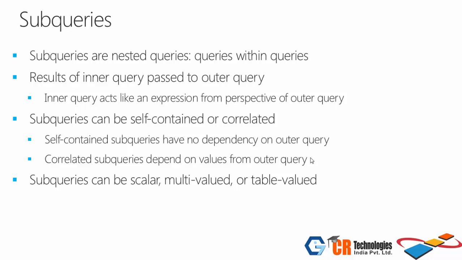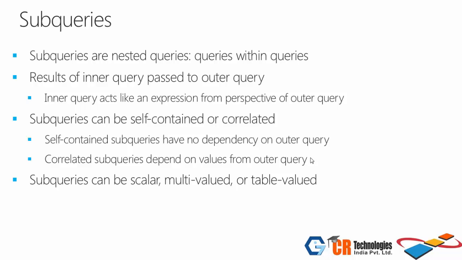And the query that contains the nested query is the outer query. So naturally you have one query, and inside that you have another query. So you have an inner query and an outer query. The inner query is called the nested query. It's the query that's nested inside the outer query. Now the purpose of why you might be using a subquery is you want to return results to the outer